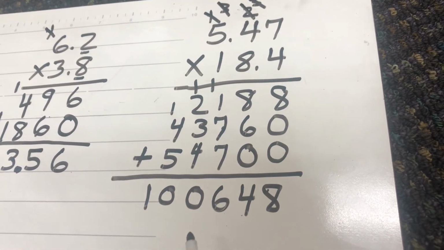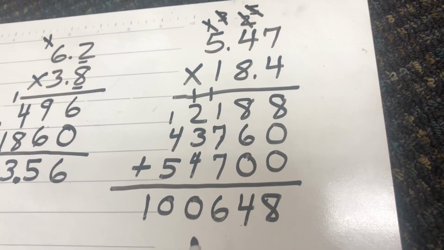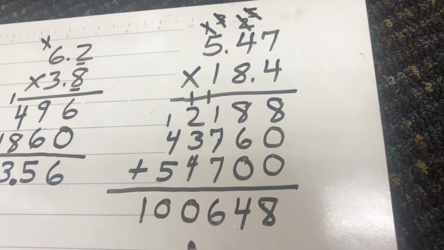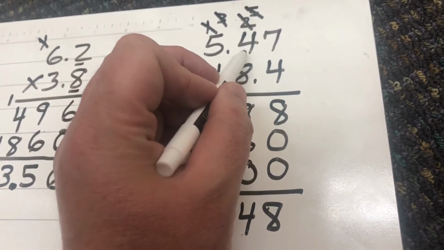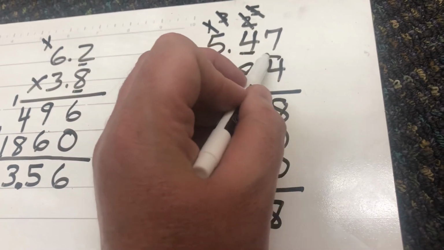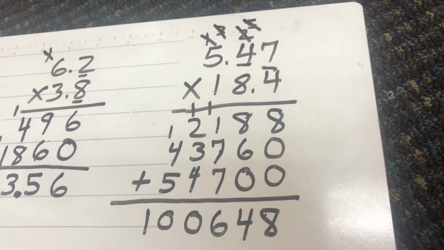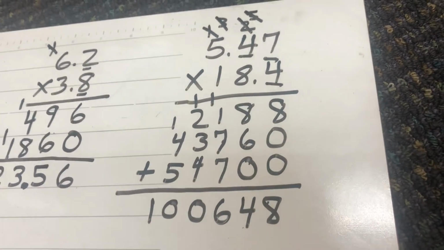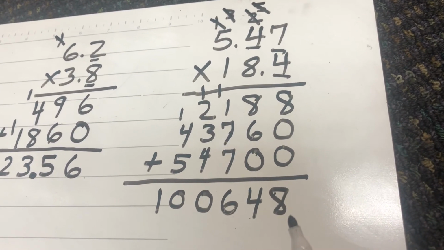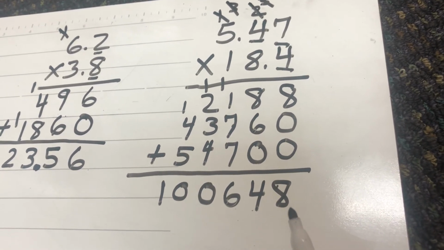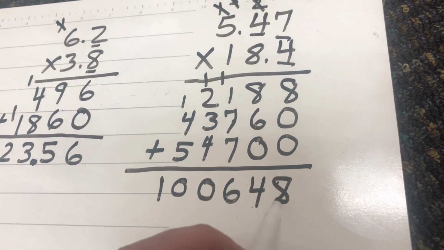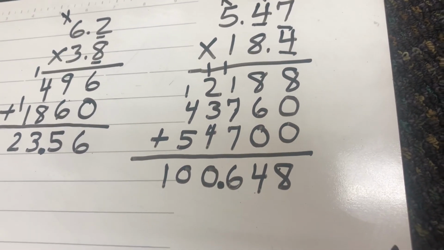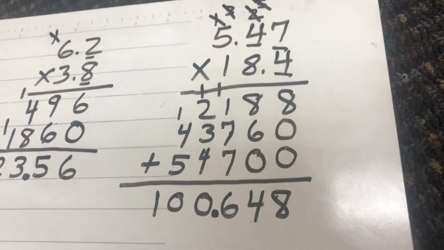We remember the rule. However many digits come after the decimal in the problem, that's how many digits need to come after the decimal in my product, or in my answer. Well, in 5 and 47 hundredths, the 4 and the 7 come after a decimal. So that's 2. In 18 and 4 tenths, the 4 comes after a decimal. So that makes a total of 3 digits in the problem that come after a decimal. So I need 3 digits in my answer to come after the decimal. I end up with 100 and